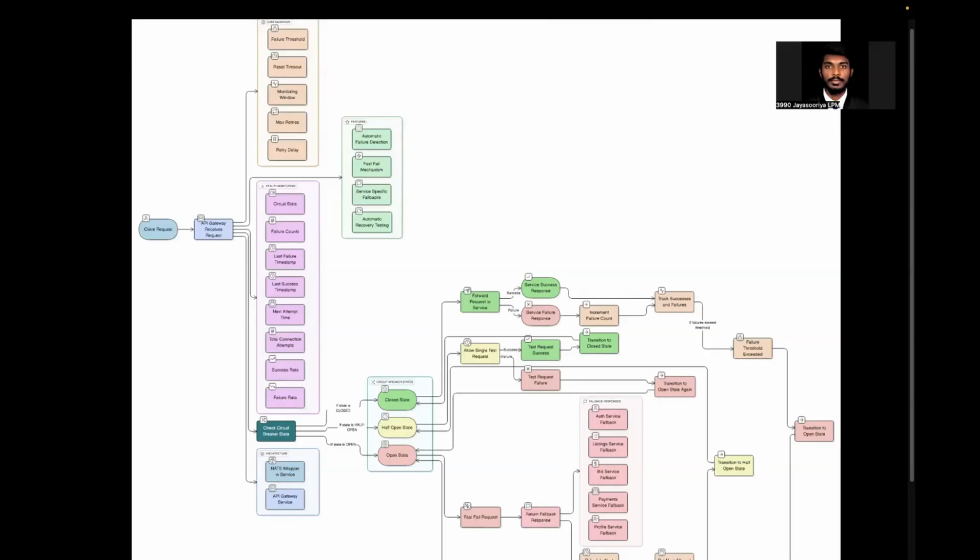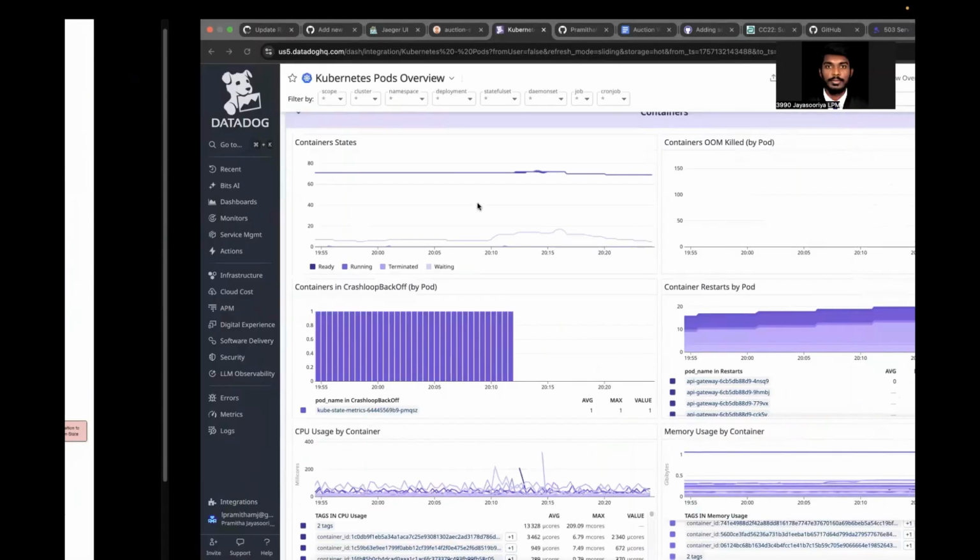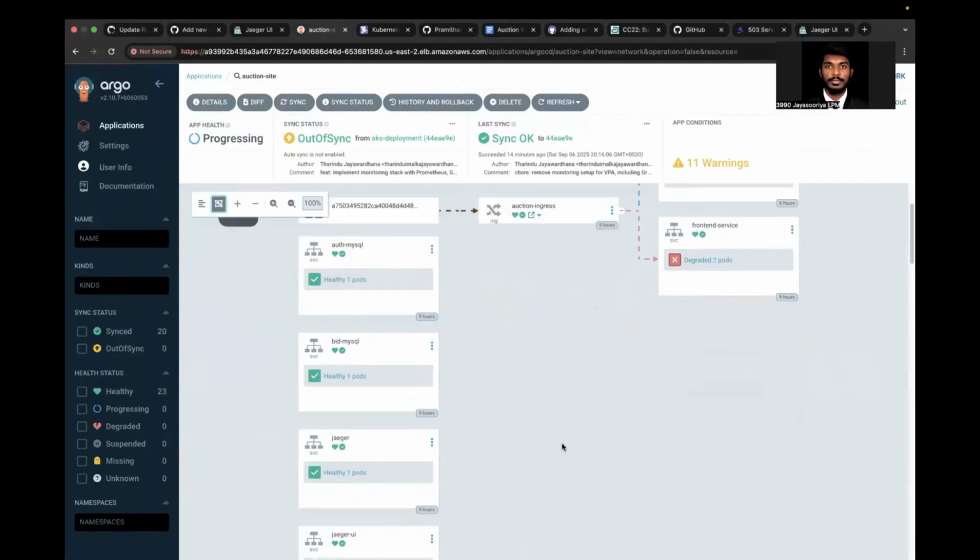So we have implemented the circuit breaker pattern in our system, one in the net service, and the other for the API gateway service. Therefore, we cover all the services by using this circuit breaker pattern. In our API gateway it is used for incoming HTTP requests, and a wrapper is used for each service for internal communication. Now we are going to the Argo CD dashboard, and you can see there are a number